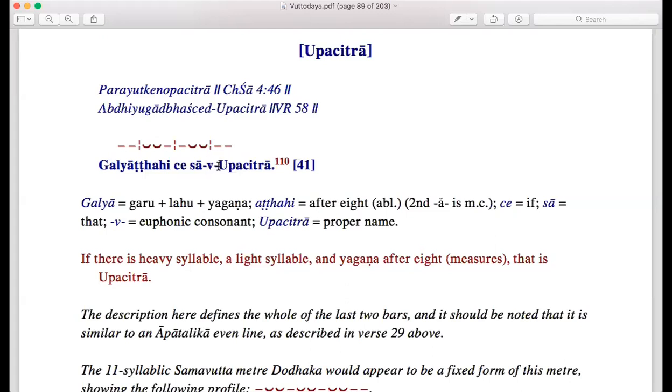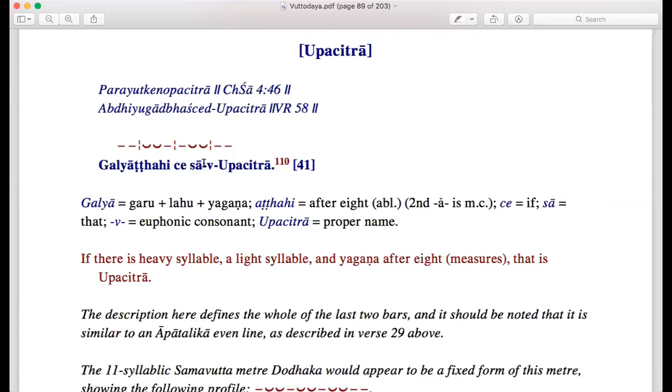This dash shows that there is a combination, sandhi, but still V and U are 1 syllable. So we should consider V and U as 1 measure. So here there are only 2 and 1, and another one is not there. Can you see that? Sa is 2 and Wu is 1. So that is not bhagana. Is that clear for you? Yes. So that is why we cannot say that there should be bhagana and yagana.